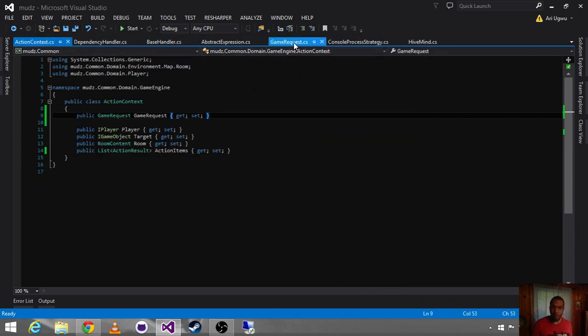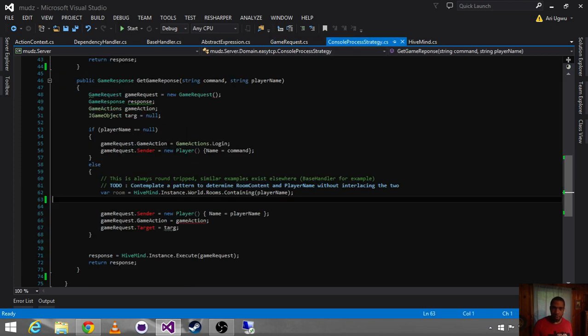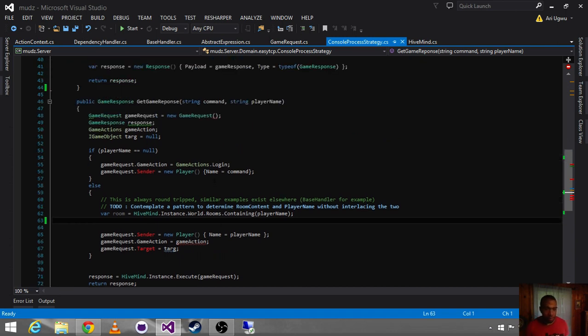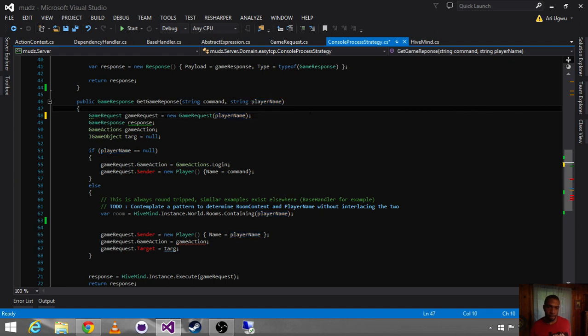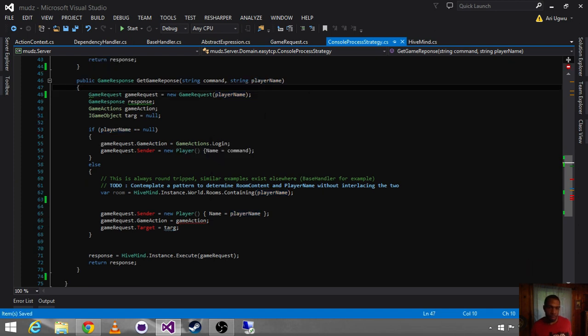Okay, so that all looks good. And again, remember the whole point of this was to clean up all of the noise we had in here before. We don't break anything either. So the game request now needs our player name. And here we're doing a little more interpretation that we want to do someplace else. So I like that. So instead of our game request,